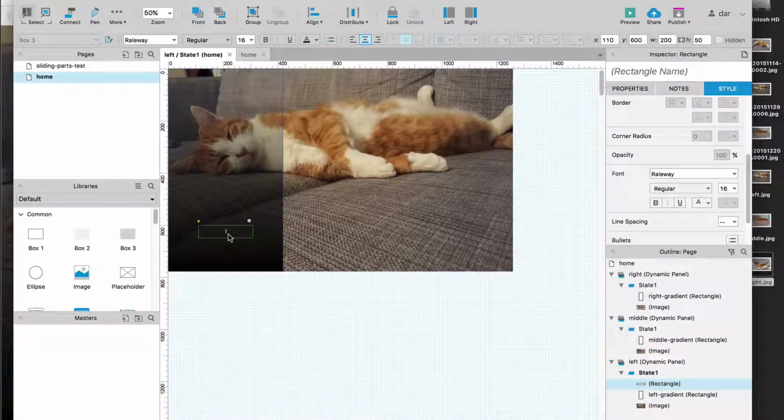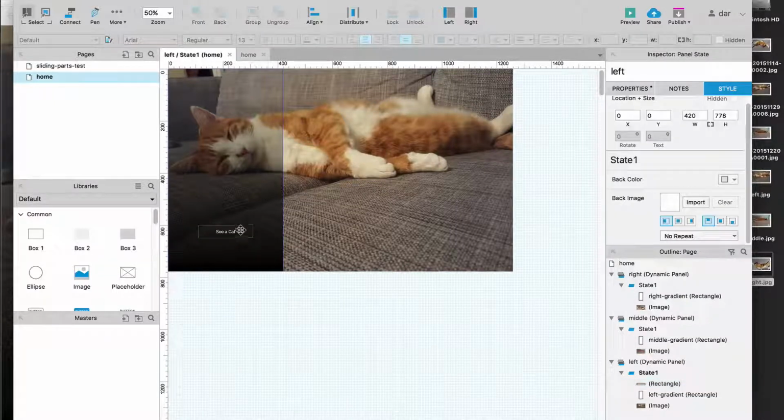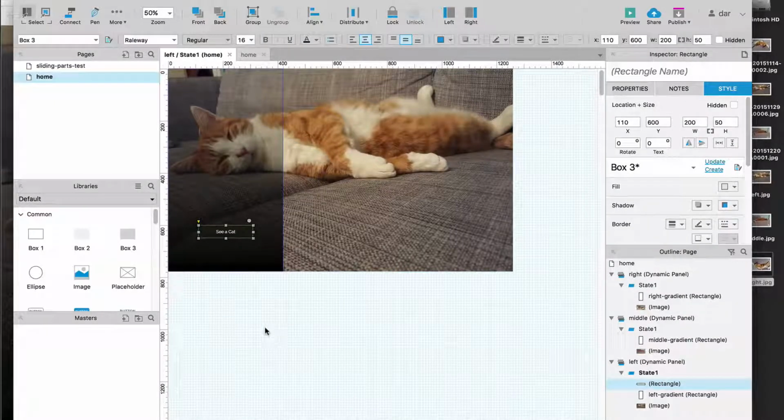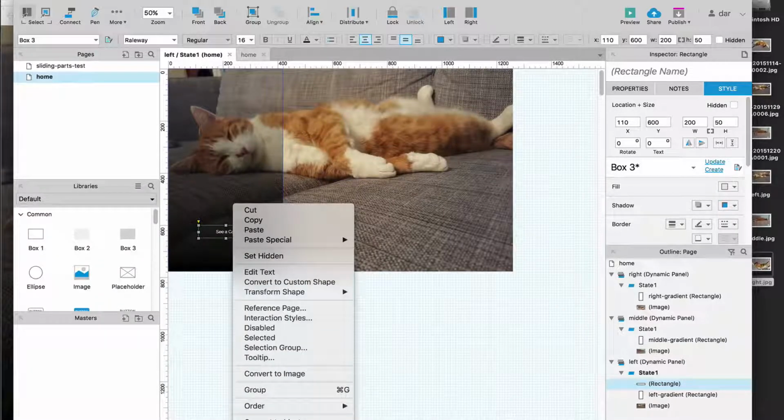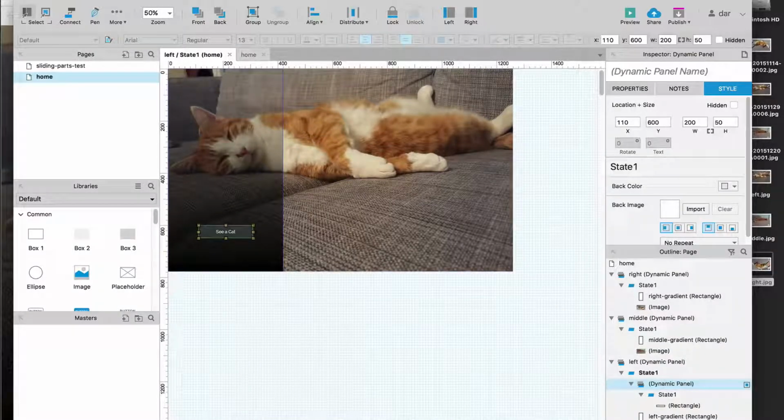And we say, what the heck, see a cat. And we just right click this and convert to a dynamic panel, and we name the panel itself the left buttons,